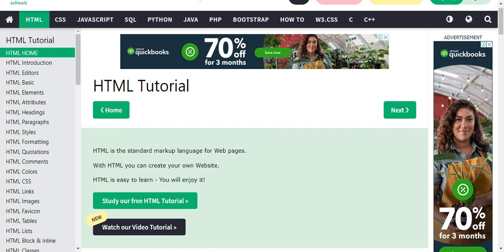But before we start, let's give a big thanks to W3 Schools for giving us a good resource. With this resource, you can learn web design very simply, and they have all the editors to help you learn, even if you don't have any editor on your PC. So that's what we are going to use. We're going to use this website, W3 Schools, to help us in this